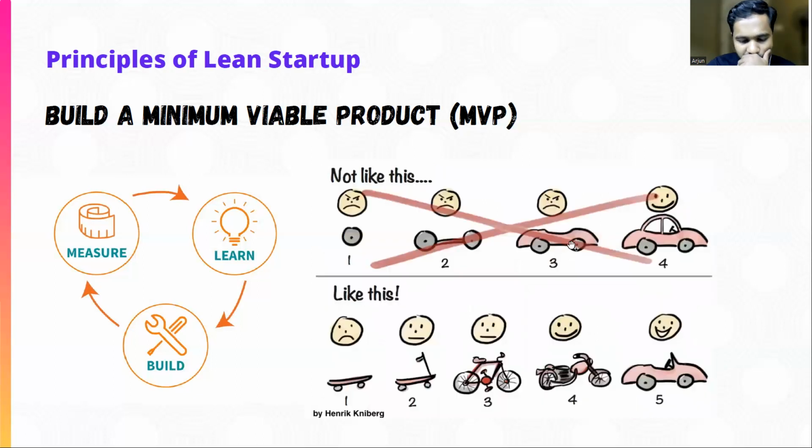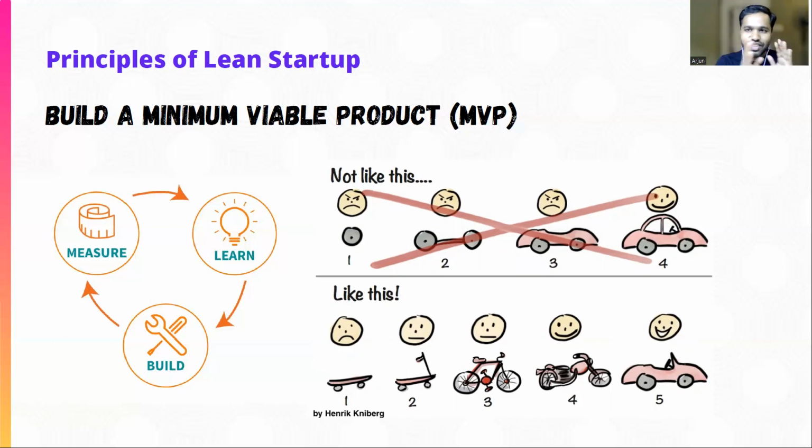So how to build a minimum viable product? As I told before, for example, if you are building some product that helps the customer to travel from point one to point four. Imagine the problem that you have chosen is to help your customer to travel from point one to point four. Then it's not like you just build a tire and give it to your customer. Your customer is not going to catch the tire and roll around and go from point one to point four, right? So you need to understand that.